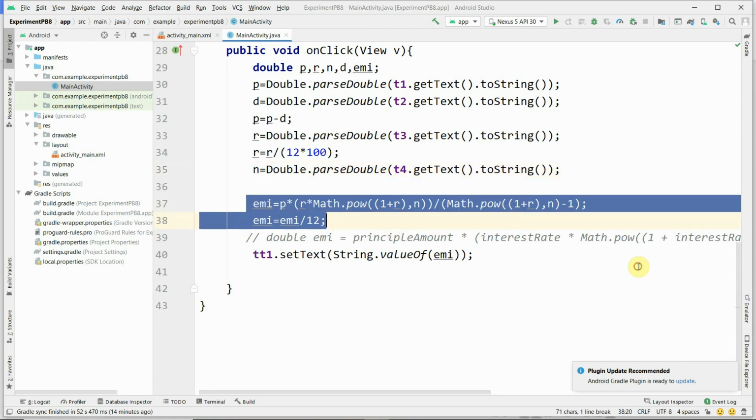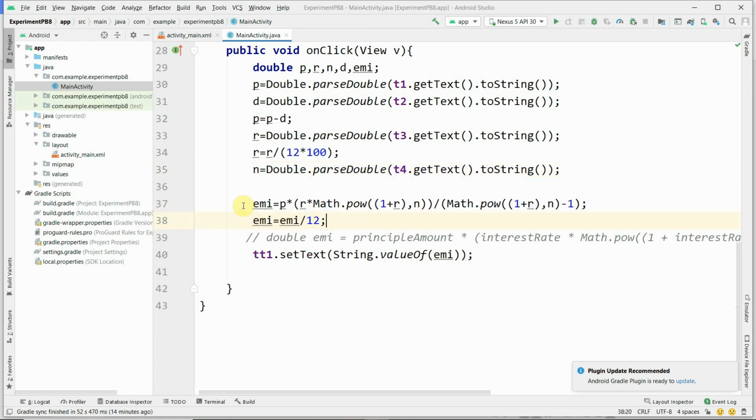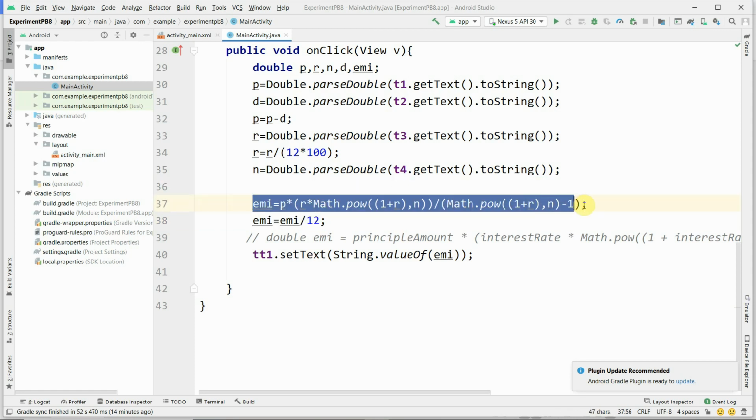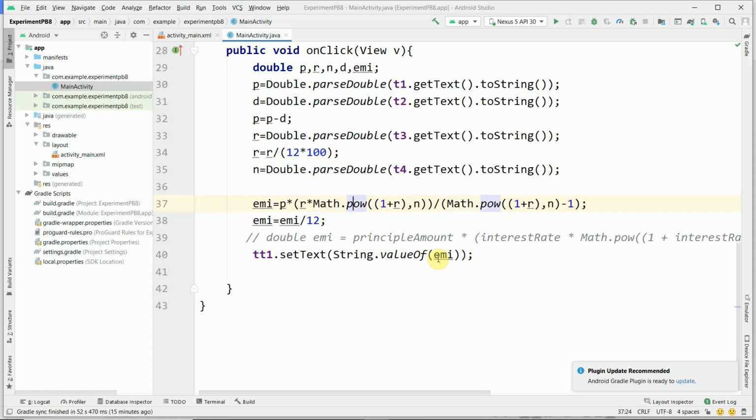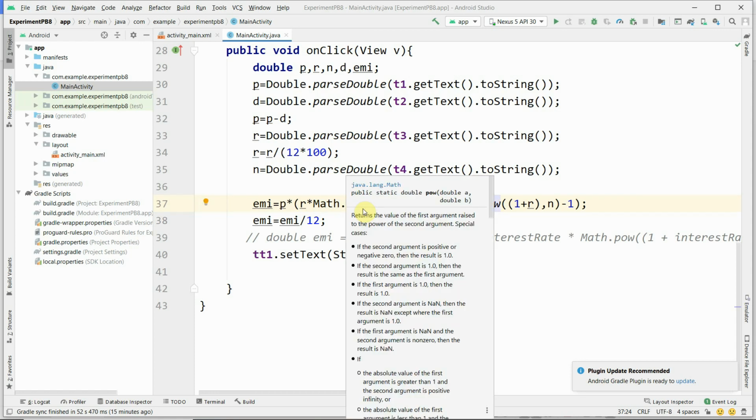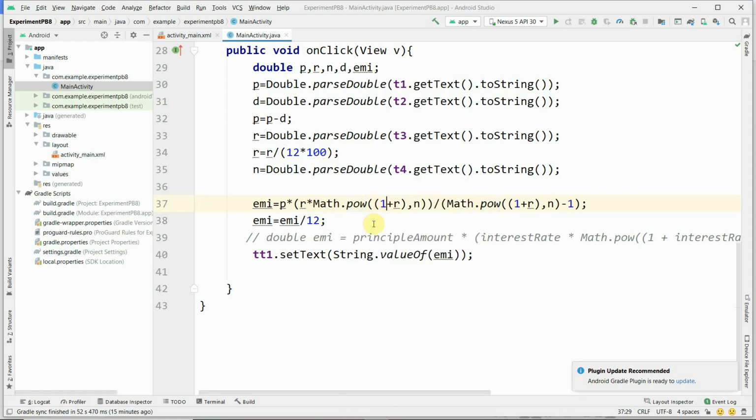EMI we are calculating by using the formula which is given in the problem. EMI equal to P into r into, then there is a power of n, therefore we are using the Math.pow function, and parameters 1 plus r comma n.